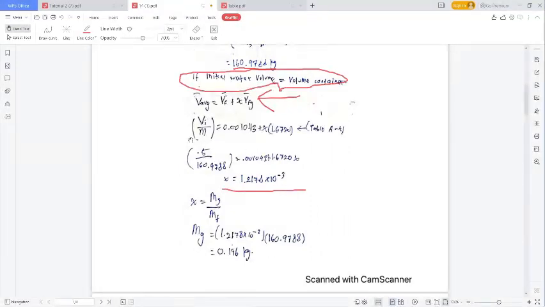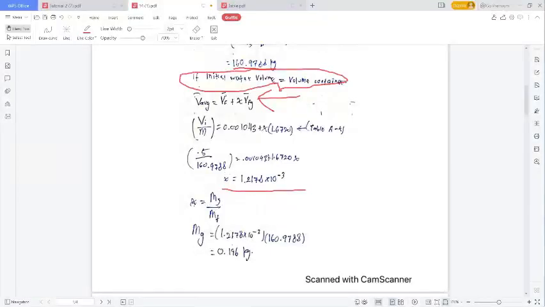Vi, you need to divide by m so that you will get the specific volume, because the unit of specific volume is meter cube per kg. So that's why I divide the initial volume by its mass. So X will be equal to 1.2178 times 10 to the power of negative 3, the quality. We know that the quality is equal to mg, the mass in the form of gas at initial condition, divided by the total mass. So you will get mg, the total mass